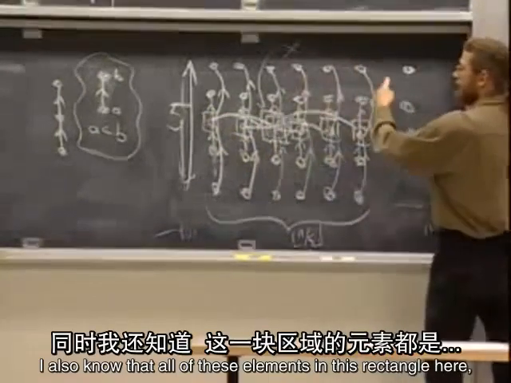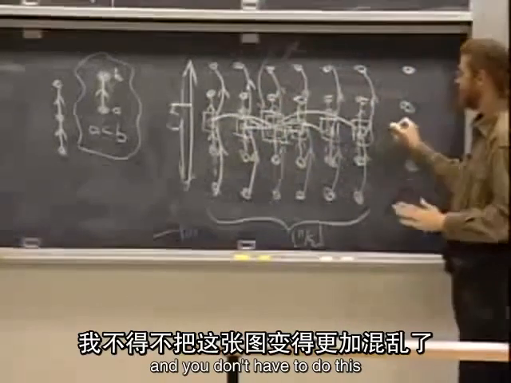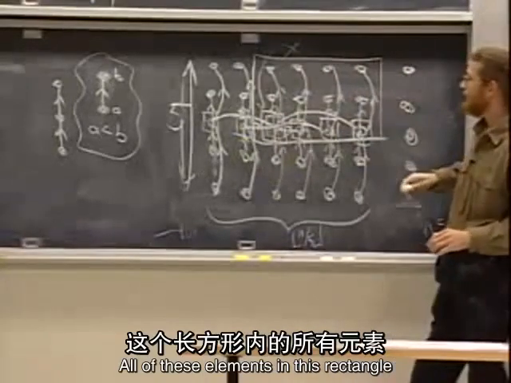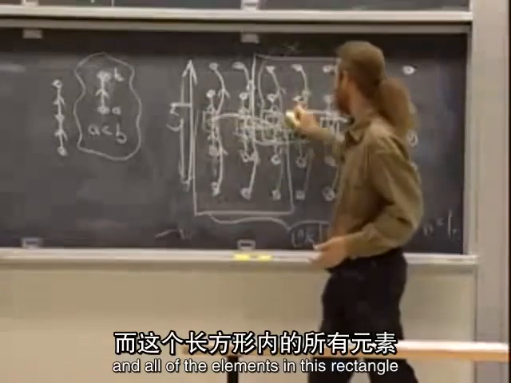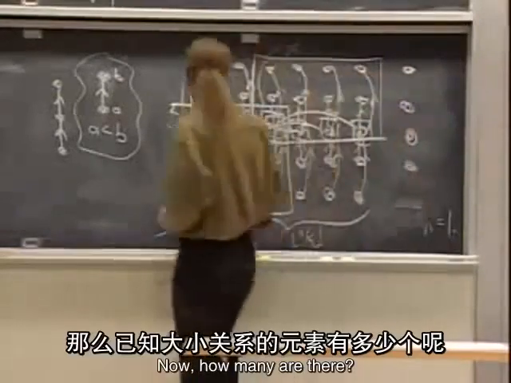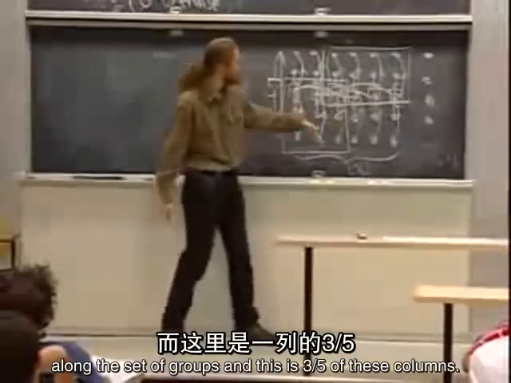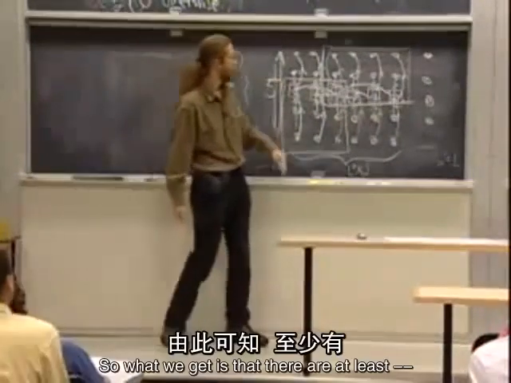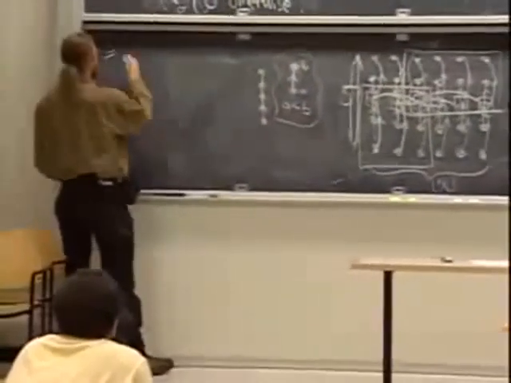I also know that all of these elements are in this rectangle here. You don't have to do this, but I'll make the diagram even more cluttered. All of these elements in this rectangle are greater than or equal to this one. And all of the elements in this rectangle are less than or equal to x. Now, how many are there? Well, this is roughly halfway along the set of groups, and this is 3/5 of these columns. So what we get is that there are at least